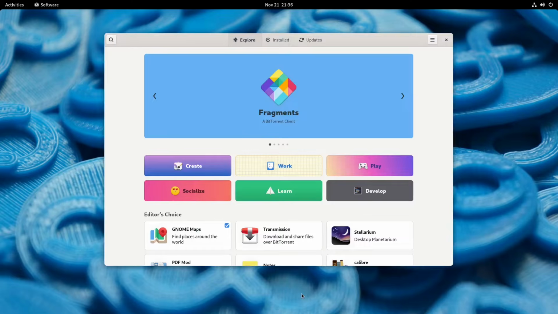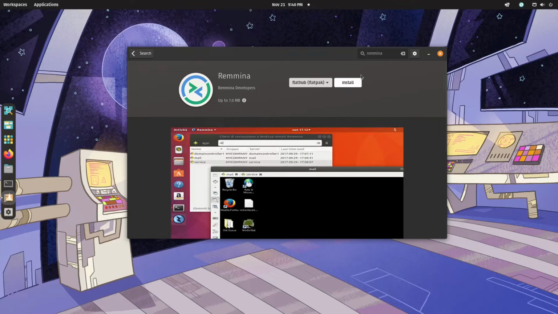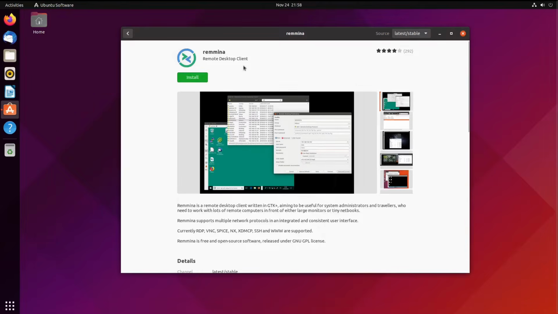In order to get started using Remmina, you'll have to download it. I'm recording this video in November 2021, and Remmina is readily available as a Flatpak, which is an awesome way to get programs. If you're using Ubuntu and feeling snappy, you can also grab it from the Snap Store. If you're using another distro such as Debian, Arch, or Gentoo, please let me know in the comments how you install Remmina.